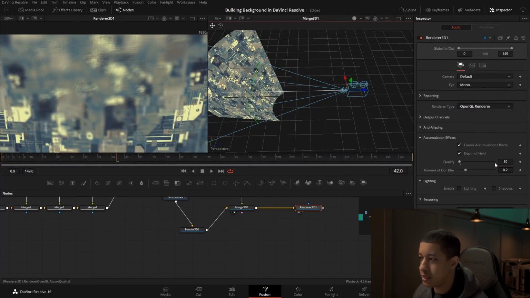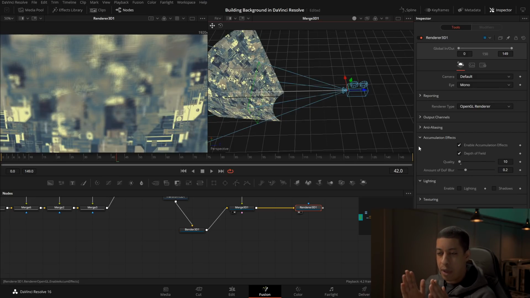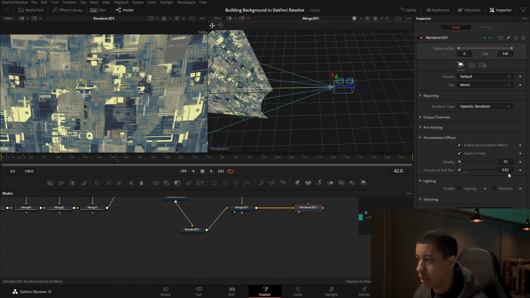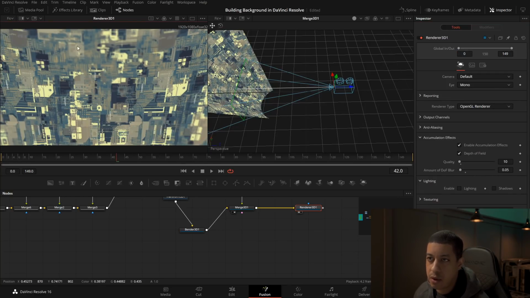The other thing too is here we have the amount. So it's kind of like the equivalent of your iris. So how big is your focus window? If we can take this down to like 0.02, now we're going to have significantly more in focus. You can see this is a little bit blurrier and sharper in here. Maybe go to like 5, so we get a little bit of blur. Let's go to fit. Got a little bit of blur up there, a little bit of blur on the edges.